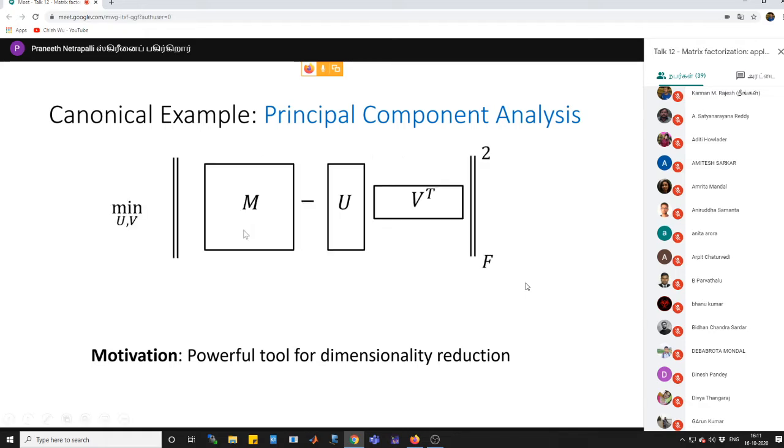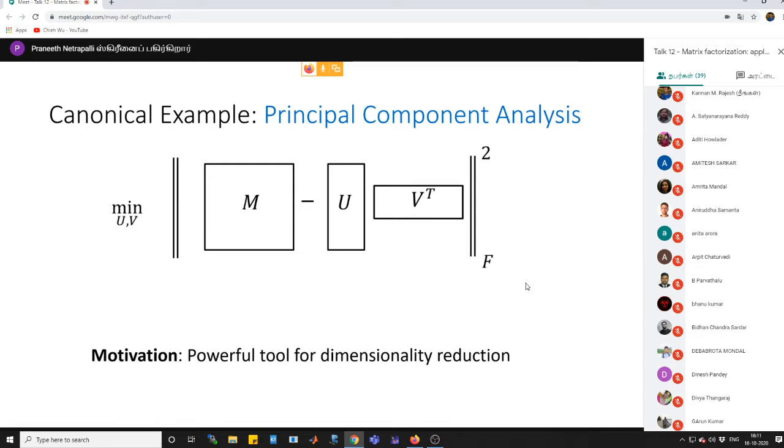So this can be phrased as follows. You have a data matrix M, where each column corresponds to a data point. You want to factorize it as U V transpose, where U is a tall matrix and V transpose is a fat matrix. Okay. What this means is that each column here, which is a data point, can be written as a linear combination of very few columns in U, right? So you can think of the first column of V transpose as the projection of this first data point M on the subspace spanned by U, right?